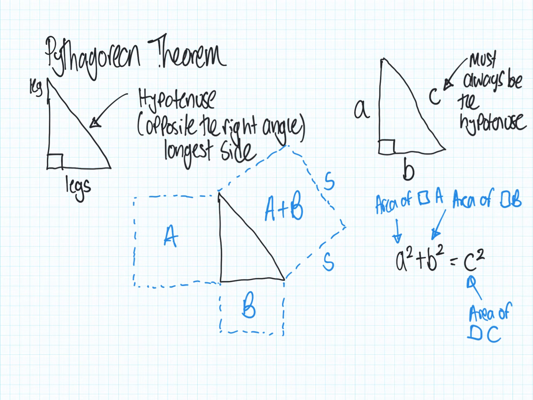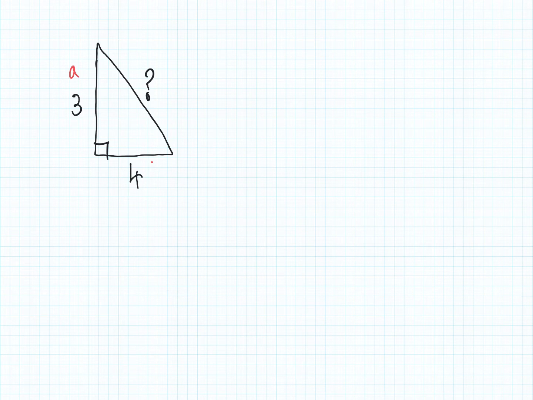Because we can find the areas of these sides, we can then find the missing side length. So let's go ahead and do that. If we take a triangle like this, and this is right angled, we've got a side here of 3 and a side here of 4. I know that they're a bit wonky with my diagram, but the math works anyway. We don't know what this side is. So we're going to label this as A, this is B, and this is C, because remember, this is the hypotenuse opposite the right angle.